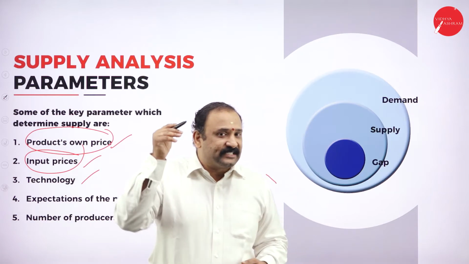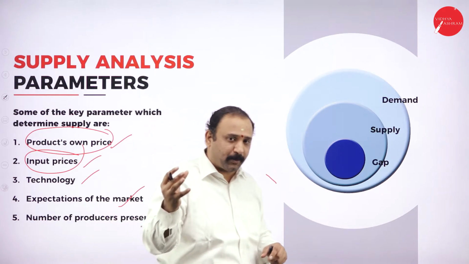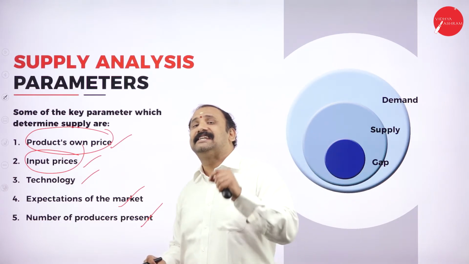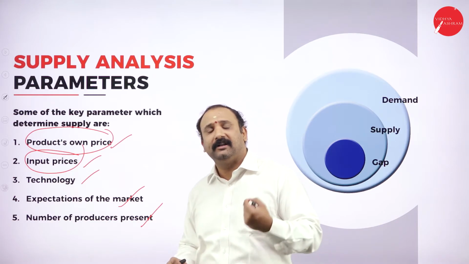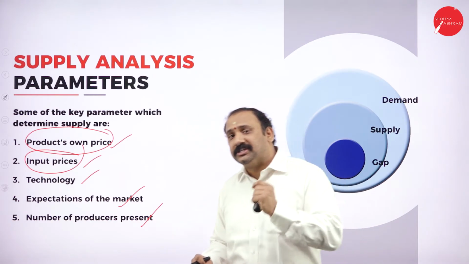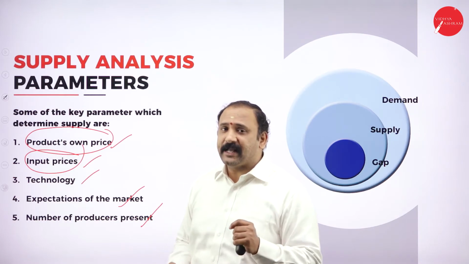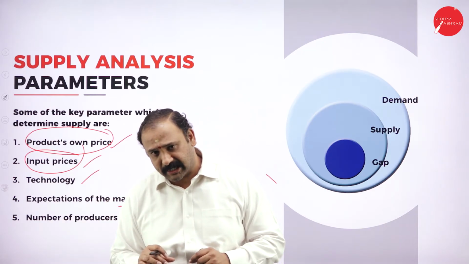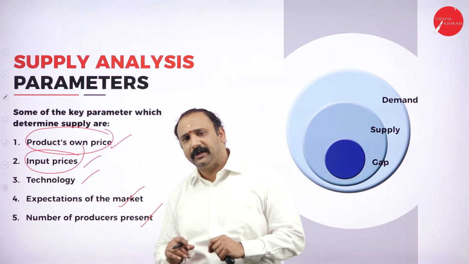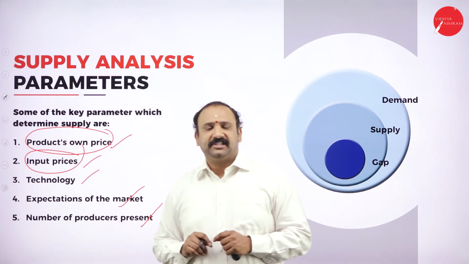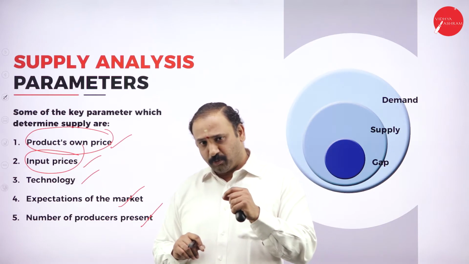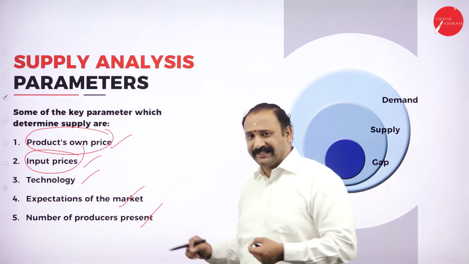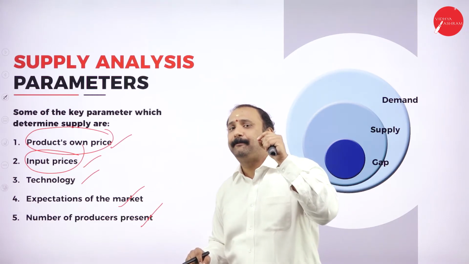When the input that is available to manufacture the product is at a very cheap price, then automatically the supply chain gets an edge altogether. The companies are able to manufacture at a larger quantity with a cheaper price altogether. But many times, the moment the input price goes up, the prices of the goods will also start going up. Now, when you typically look into FMCG, especially the food sector, if there is a variation of price in any one of the materials, the inventory, automatically there will be an impact on the supply chain,